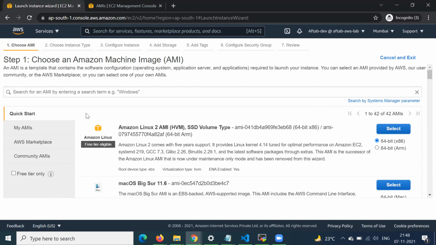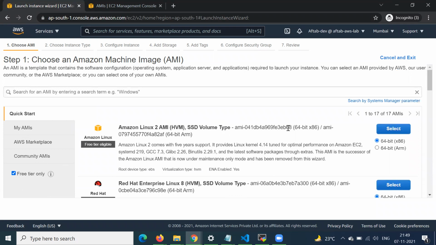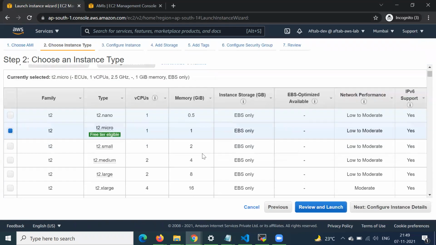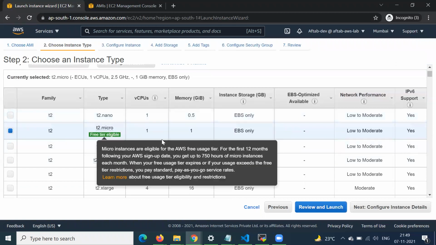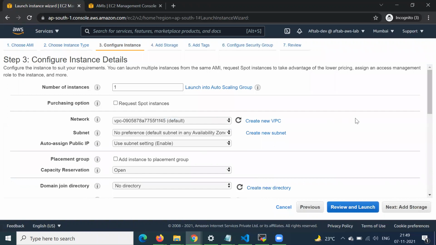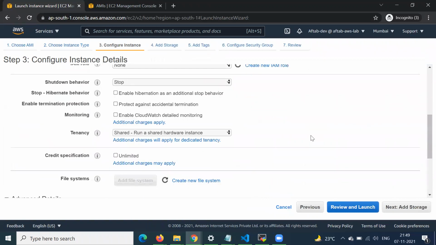So in today's session, as I said, we are going to see how we can create a custom AMI, right? So let's get started. We can select this Amazon Linux 2 AMI, and then select T2 micro, and then we will go into the configuration and select the number of instances as 1, right?